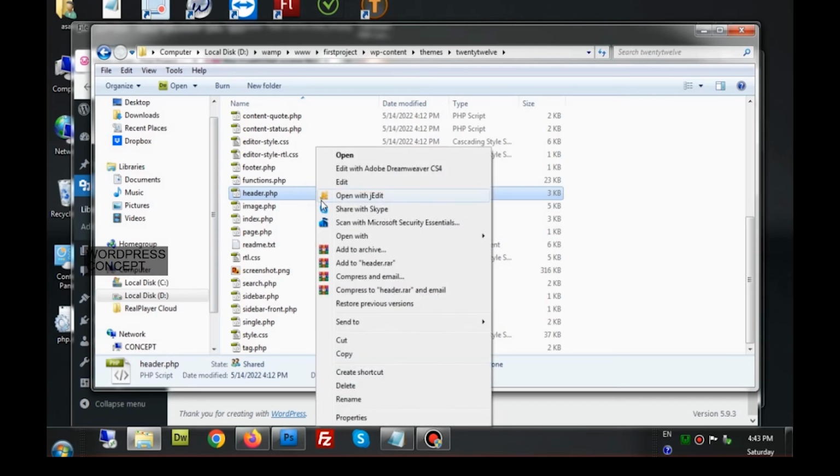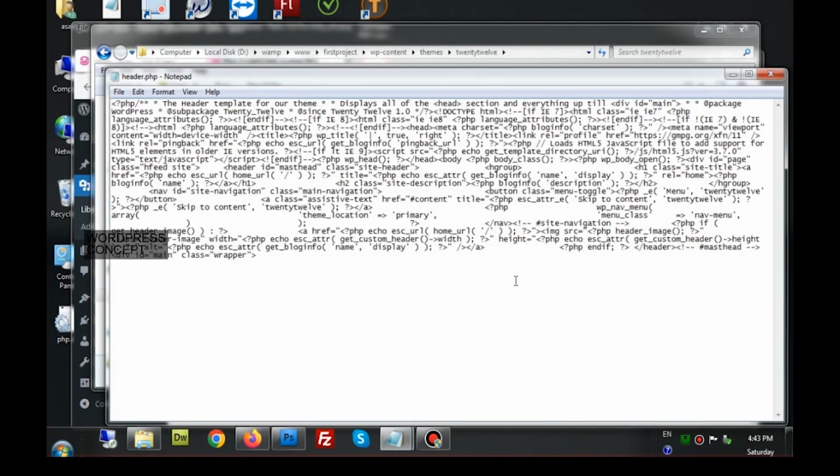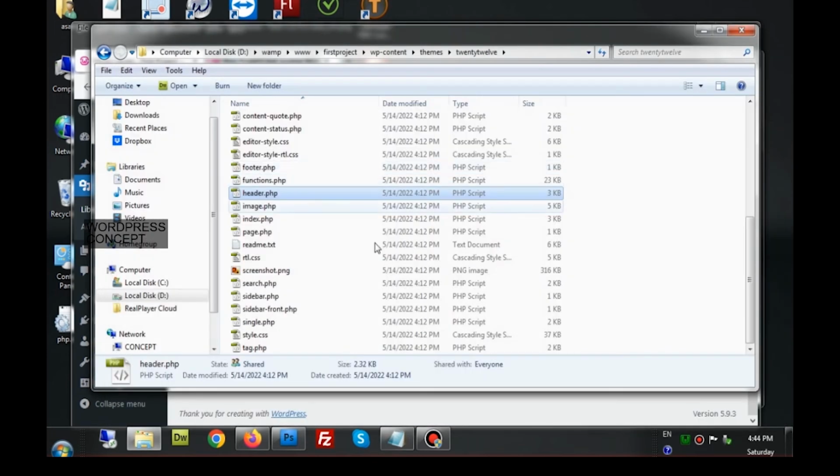To do that, I will open this header.php in Notepad. Okay, in Notepad actually this is hard to understand, so the software that we are going to use for that will be Dreamweaver. I will give you the name in the video description, but Dreamweaver is also a software that comes with the Adobe package. It is called Adobe Dreamweaver. I have a CS3 version of Adobe Dreamweaver, so I am going to open that Dreamweaver now.